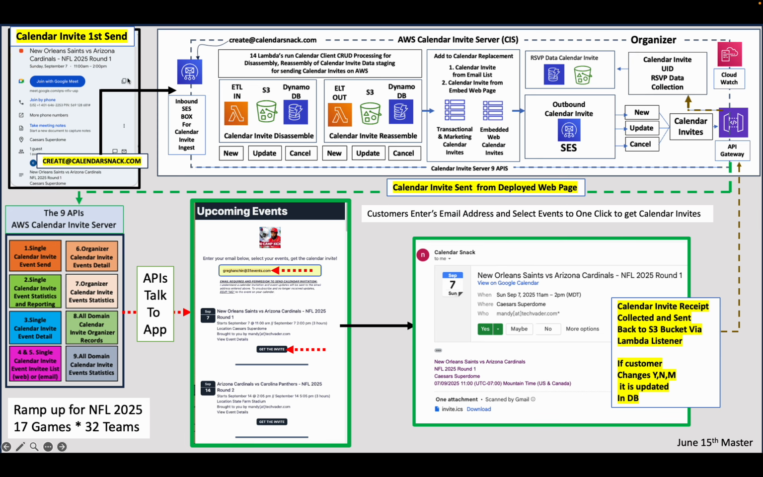So what's going on here is under the first calendar invite send, create@calendarsnack.com, we ingest that data on an AWS SES mailbox. That mailbox could be your mailbox. What you need to know behind that is a whole bunch of programming and software that we've built on top of the AWS stack. Simply for today, though, what I'm going to show you is that these created calendar snacks, if you will, came off Mandy's calendar. They went in and got ingested,